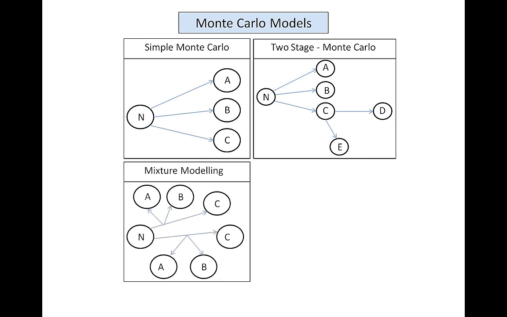A more sophisticated approach is called mixture modeling. That is, instead of playing around with the states. So in the simple Monte Carlo model, we had 3 different states, and the 2-stage extension of that was to allow more states as a result of the previous states. In mixture modeling, what you're doing is you're saying the probabilities themselves, or the transition between various states, itself has a distribution. That is, your chance of moving from state A to state B itself has a distribution of states. And this is a much more sophisticated...